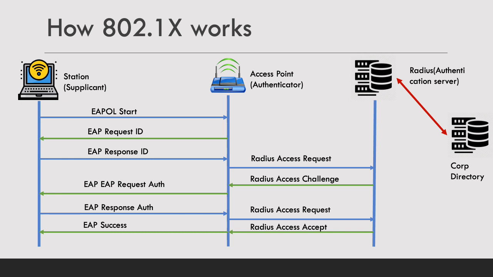The access point sends this challenge onto the station, asking it for authorization. The client will then send back its response authorization. This could be a password or a token or any number of things, depending on what authentication method you choose. Most often, it's a password or a token. The RADIUS server then sends this data to the corporate directory using LDAP to get confirmation you are the right person and you are authorized to connect. If it's all good, the access point will send that success onto the client, and the controlled port